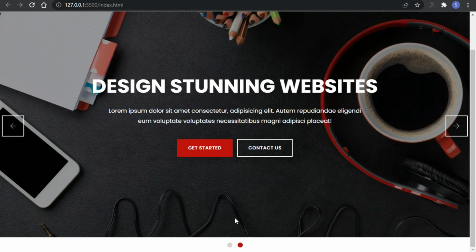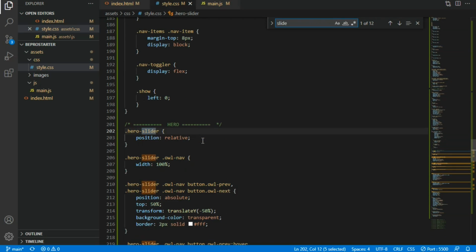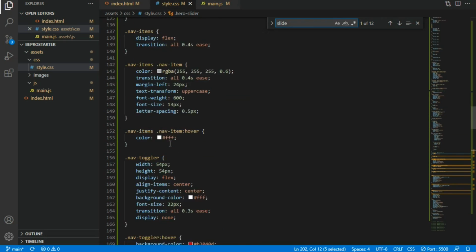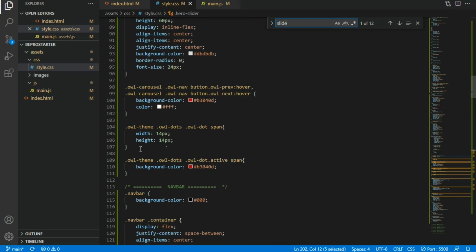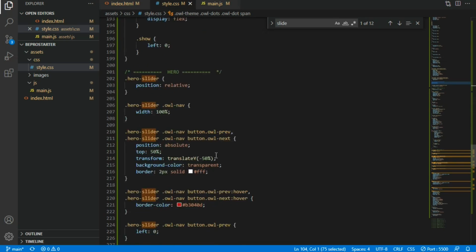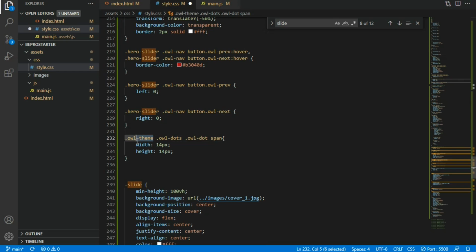awesome. So I want to push these nav dots to here. So I'm going to select slide. Okay, so I'm going to select the all dot. So I'm going to copy this, and here I'm going to paste it. So I'm going to change this to hero slider. Okay, then I'm going to remove these, and I'm going to select this all dots, which is the wrapper